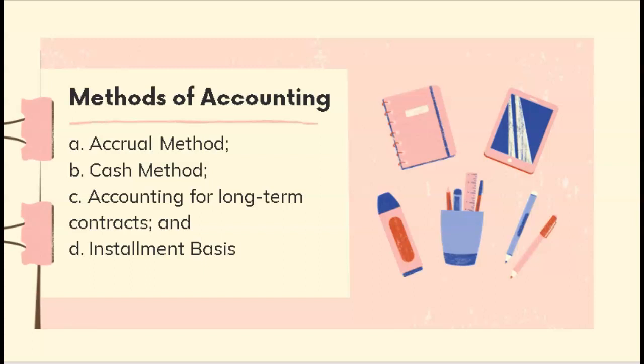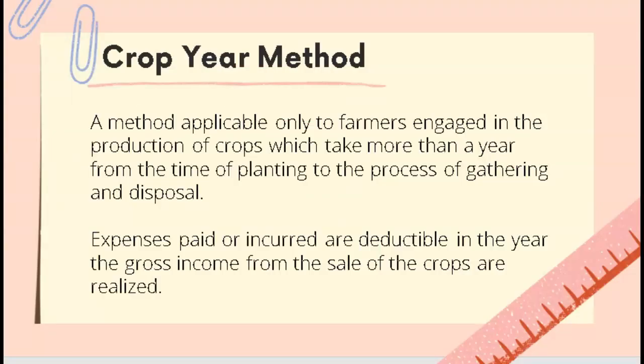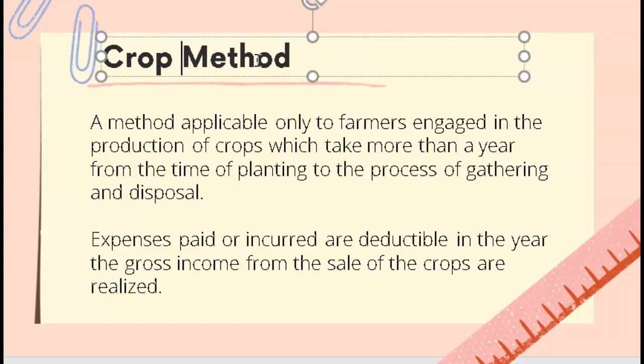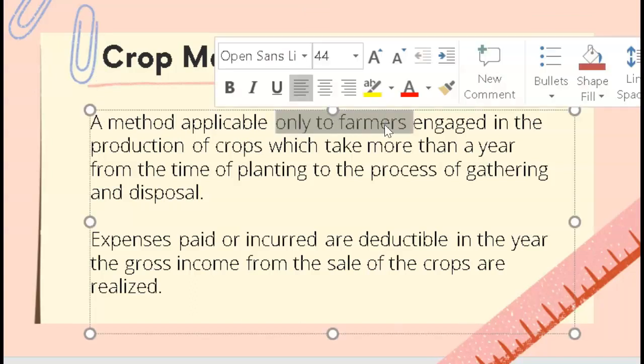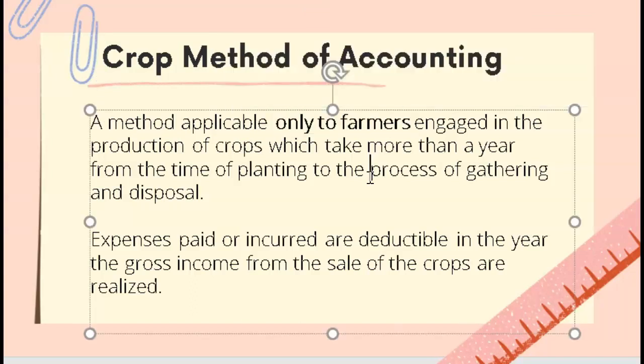So Section 43 of the National Internal Revenue Code or the Tax Code authorizes the CIR to allow the use of a method of accounting that in its opinion would clearly reflect the income of the taxpayer. So an example of such method not expressly mentioned but duly approved by the CIR is the crop method of accounting. So here, it is a method applicable only to farmers engaged in the production of crops which take more